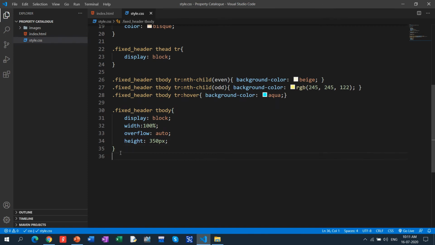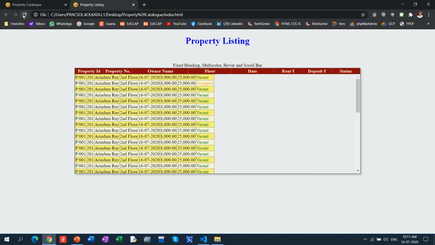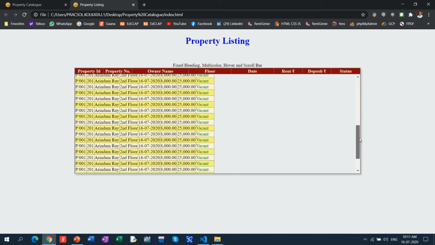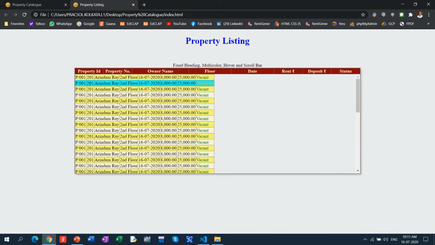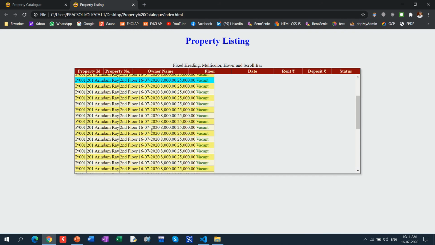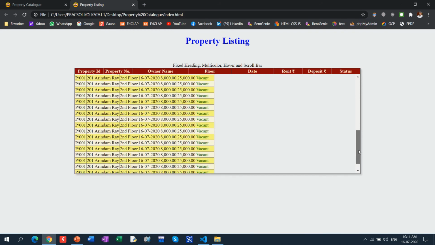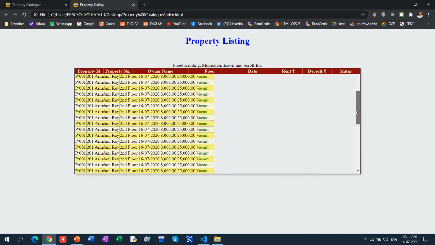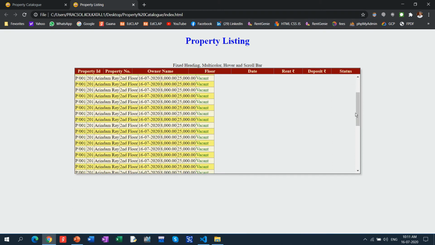So this is almost done. And the last one is heading, just th and td. For both cases we have to fix the padding, because in this one, I'll show you, the format has come down nicely, but the data has not yet come properly because the size and all these things have not been fixed, right? Okay, let's see. The scroll bar has come, and the property heading has come perfectly.